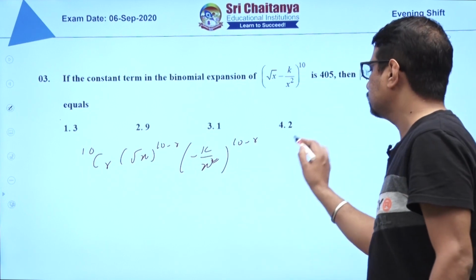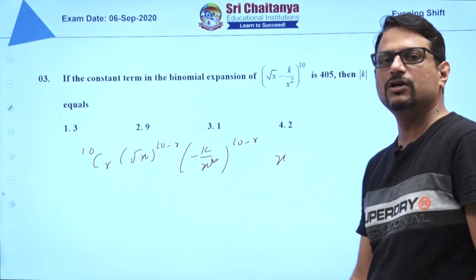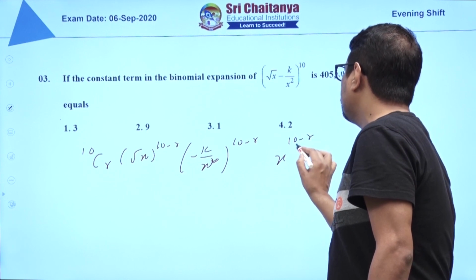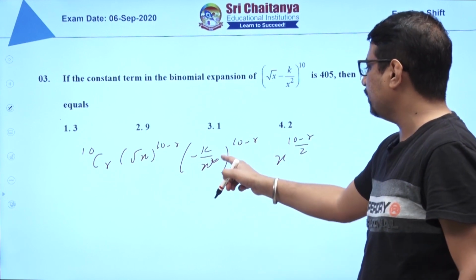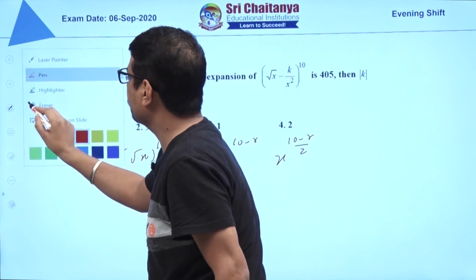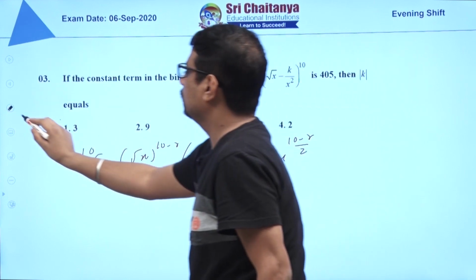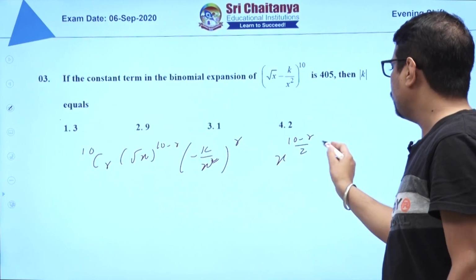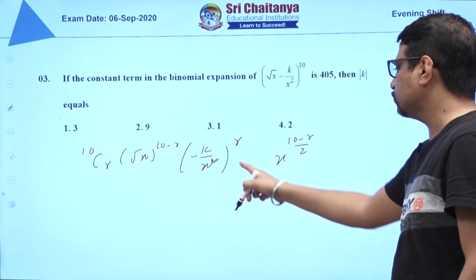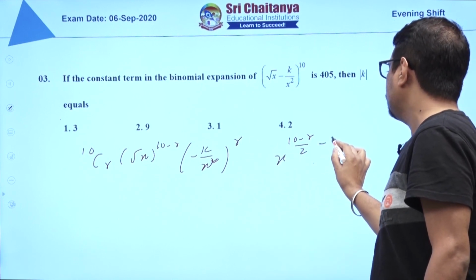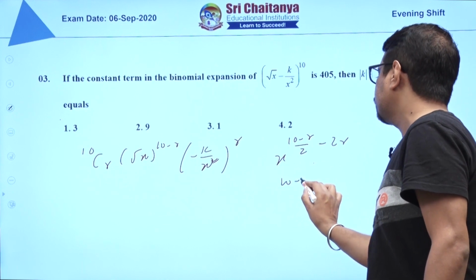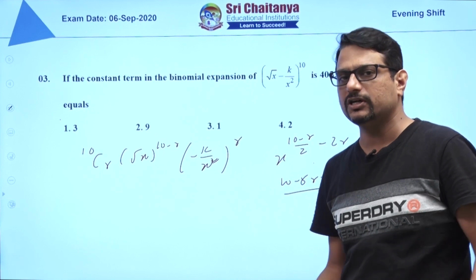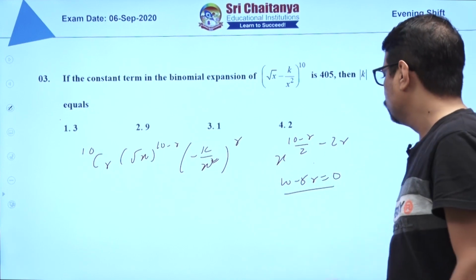So coefficient of x, power of x, only we need to concentrate here is on power of x. What is power of x? Power of x will be 10 minus r by 2, and from here, small correction, here it will be this raised to power r. So in power of x I am concentrating, so this will be x minus 2r. So this will be minus 2r. So this will become 10 minus 5r. This should be 0. Why 10 minus 5r should be 0? Because it is constant term independent of x, so power of x should be 0. So r equals to 2.